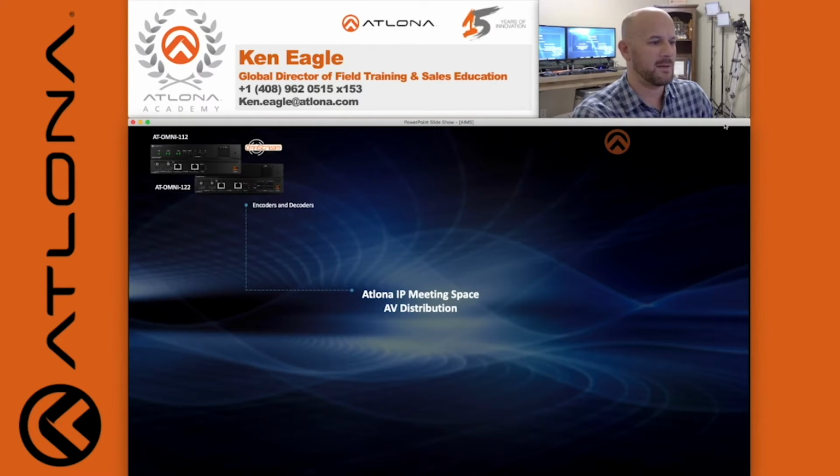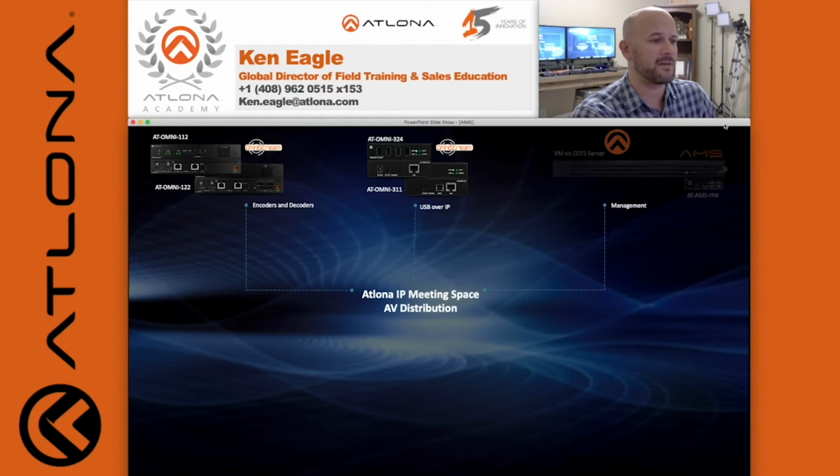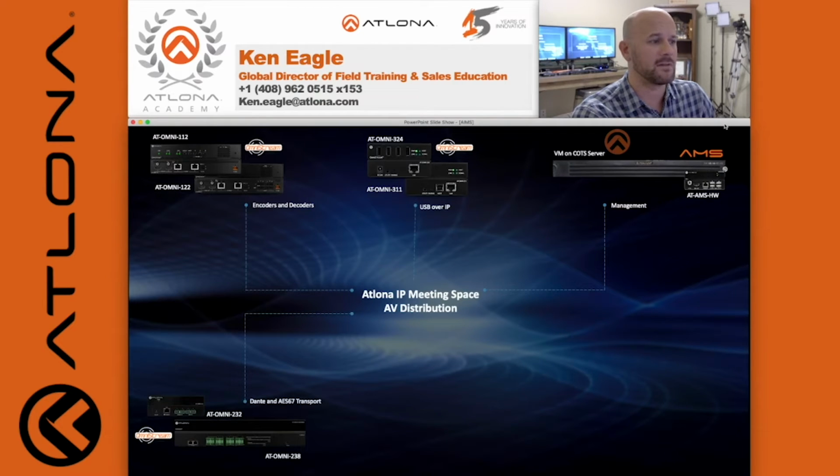So the All-IP Meeting Space has several key pieces on it. We have the OmniStream encoders and the decoders on the network. You have the Omni 234 and the 311, which give us our USB over IP capabilities. You'll have the AMS software, which allows you to discover and manage all of those devices on the network. The Dante and AES67 enable transport for audio, streaming audio on the network, as well as our zoned audio distribution